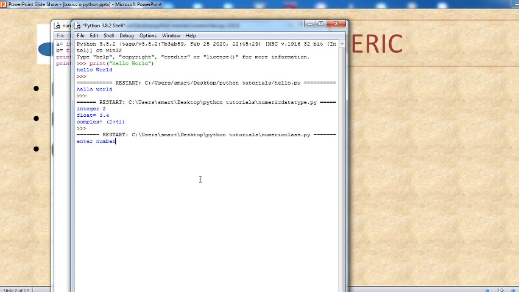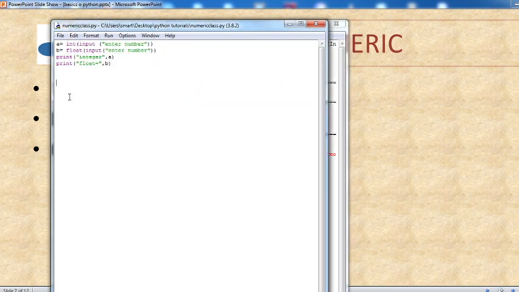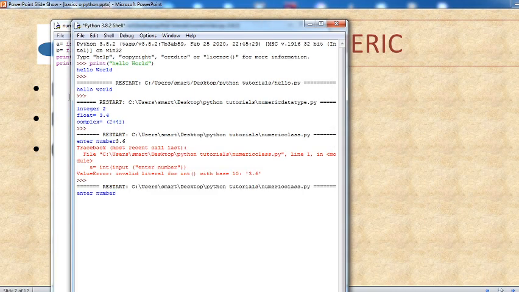So see here. If I enter 3.45, I'll get an error. Why? Because the variable a accepts only which type of input? Integer. Whereas I have entered a float value. So if I again execute the program and enter 4, this is an integer, it accepts it. Now for the variable b, if I enter 4, then it will be accepted as 4.0. But if I enter 4.7, then it will be accepted as a variable of data type float.